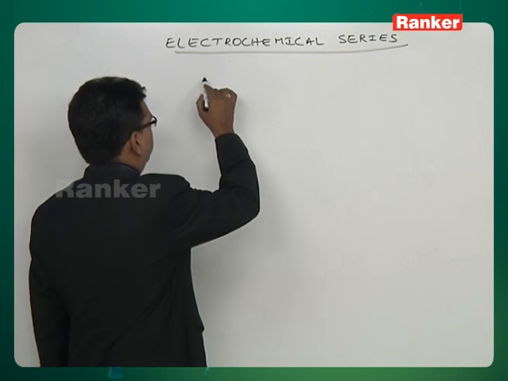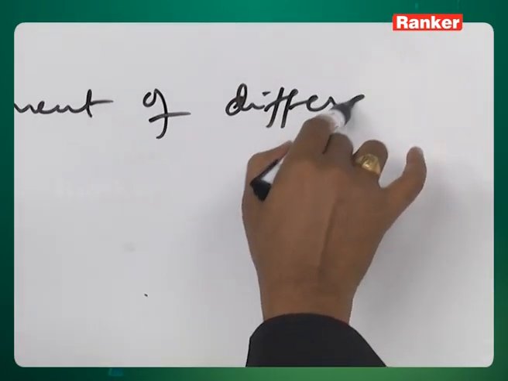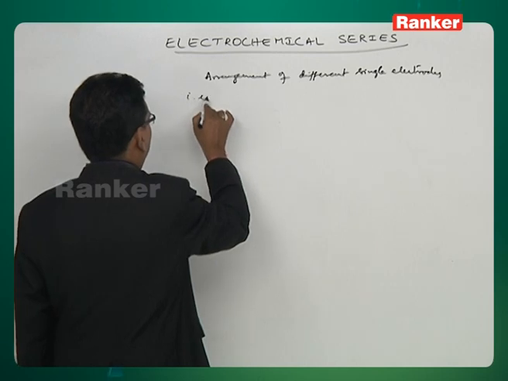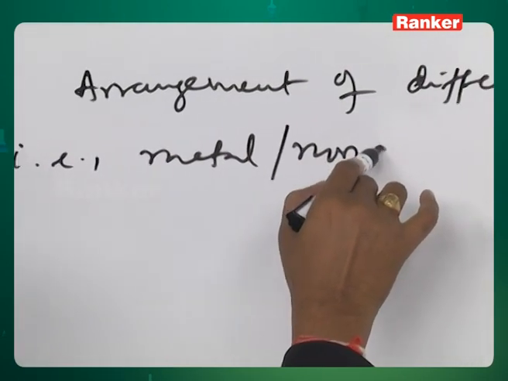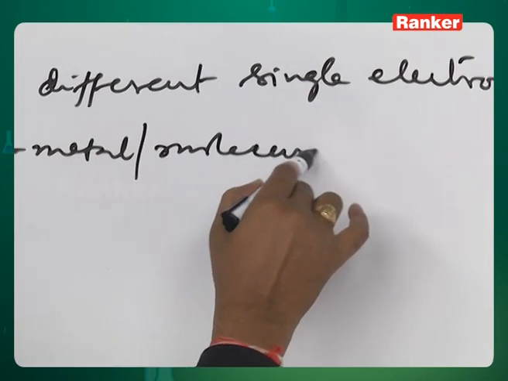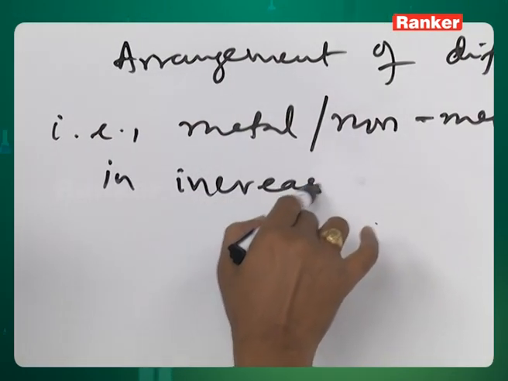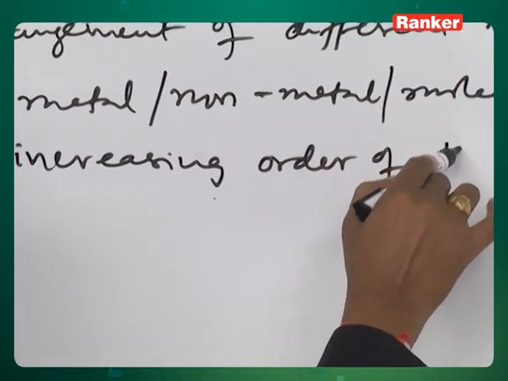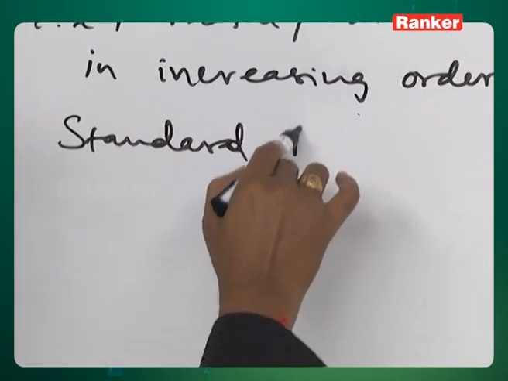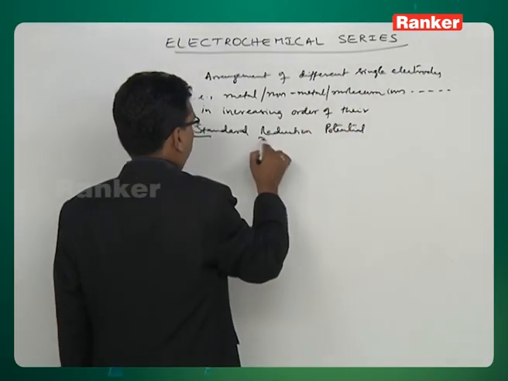This electrochemical series is nothing but the arrangement of different single electrodes, that is metals, non-metals and some molecular ions, etc., in increasing order of their standard reduction potential, SRP,